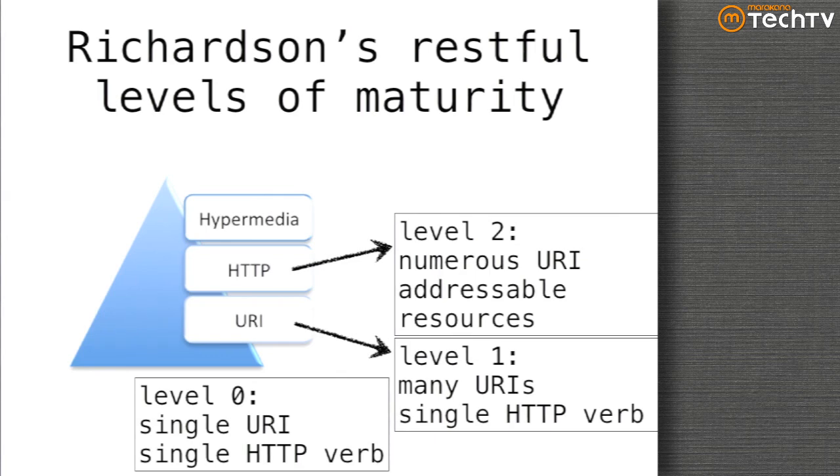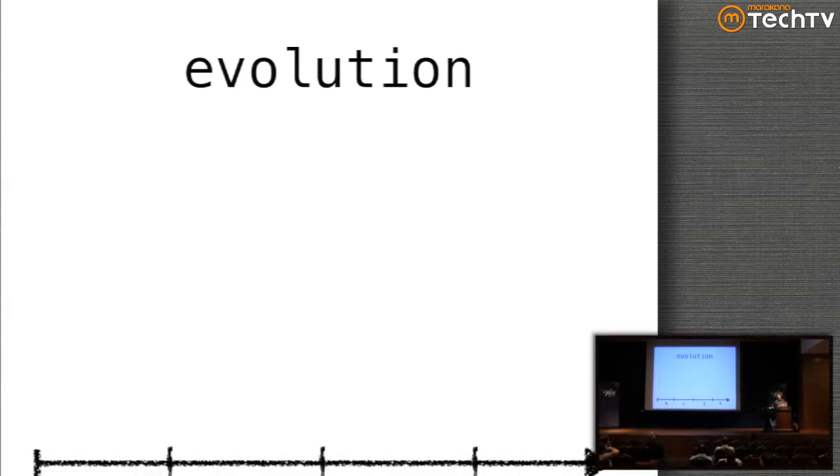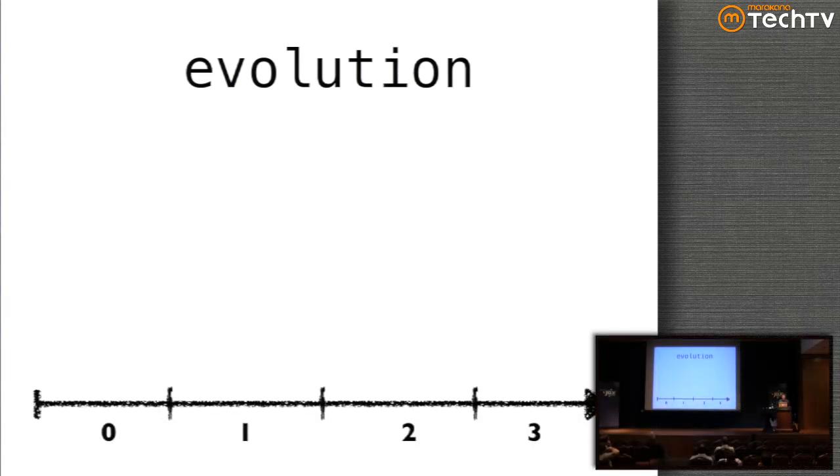Where you get to level 2, you have numerous URIs and addressable resources, and a lot of people get to here and stop and say, we're RESTful, and you are, in fact, RESTful when you get to there. I'll show you some examples of that. And then the last level, of course, is level 3, HATEOAS, which is hypermedia as the engine of application state, and I'll talk about what advantage that gives you over just the idea of resource-based computing. Because there's been an evolution of the thinking of this over time. And in fact, the REST in Practice book talks about this evolution.